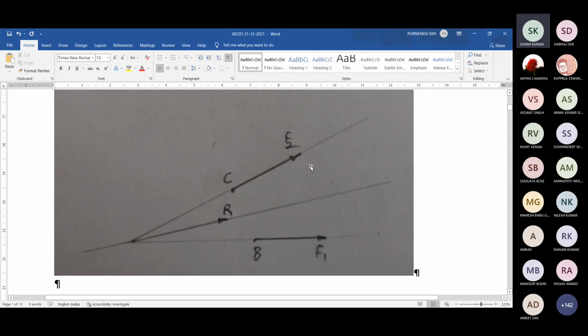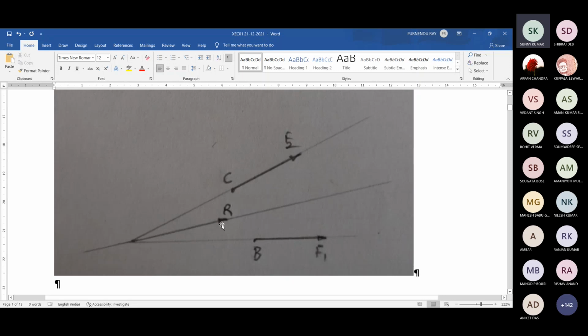Now, what about the resultant? It is R. What about theta? That we can find. What about the position? That we do not know. How to know it geometrically? Extend these two lines, get the point of intersection. Here is a fixed position. Through this point, draw a line with that determined angle theta, and the magnitude along this direction will be the magnitude of the resultant force R. Now, instead of R, if we have a third force of magnitude R, rather minus R, direction opposite to this plus R,